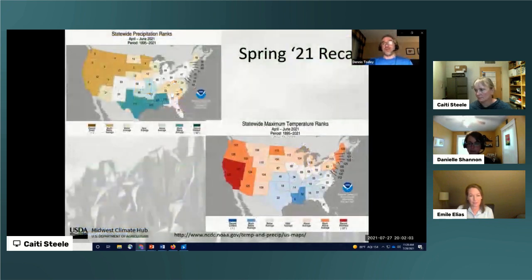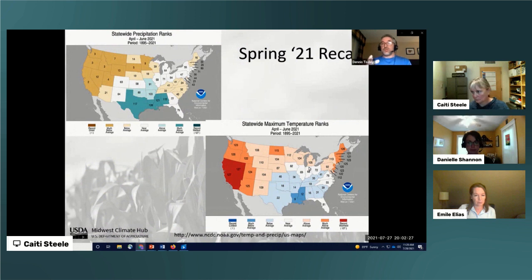Conversely, we have going on right now a very dry situation in much of this area. The upper left-hand side shows precipitation rankings for April through June of 2021, showing up in the top 15 to top 10 in the northern plains, a little bit better as we get over to the central and eastern part of the Corn Belt. So huge extremes that we're dealing with,